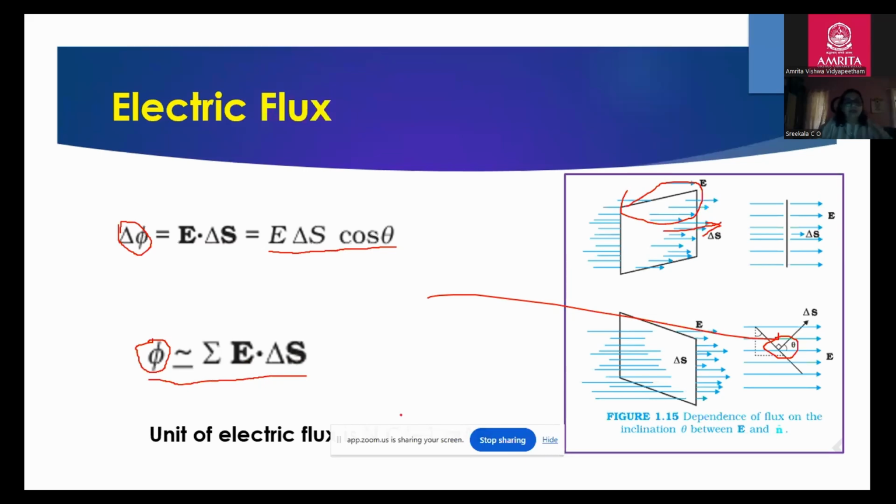So the unit of this electric flux, this electric field intensity, unit of